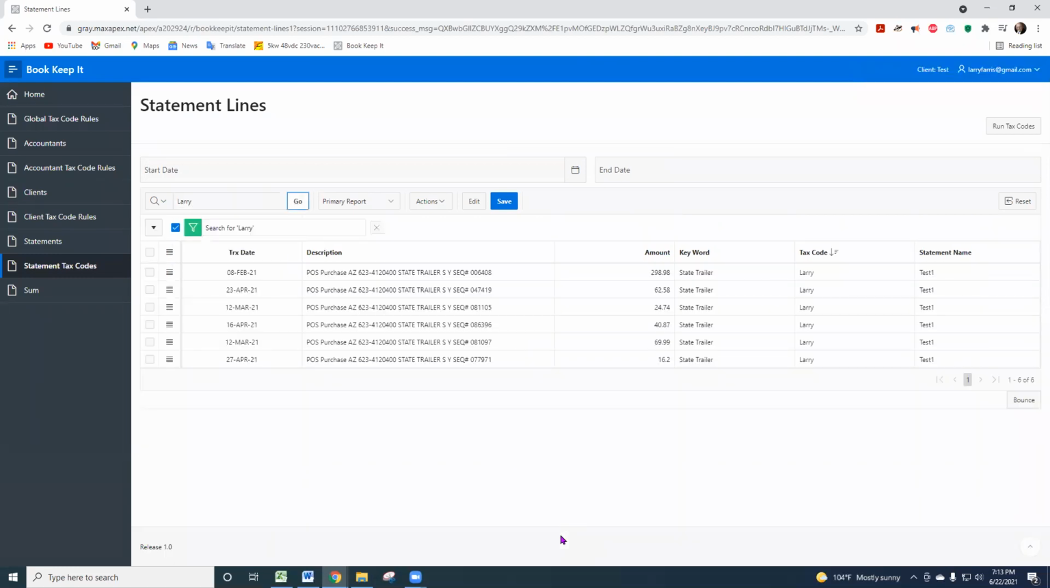Go. And there they are. So state trailers, everything state trailer came up Larry. See that? Nice. So the tax code is now Larry. So my point being, folks, is that what we can do, we upload the statement, and in a short period